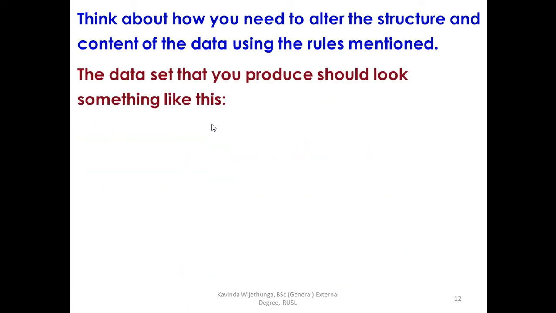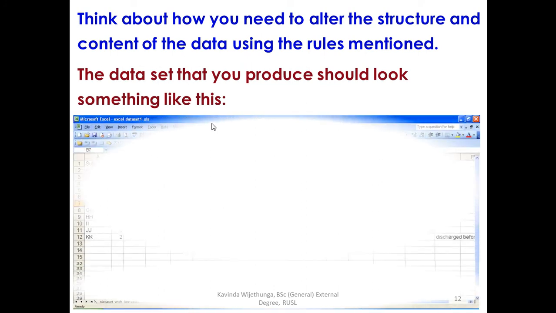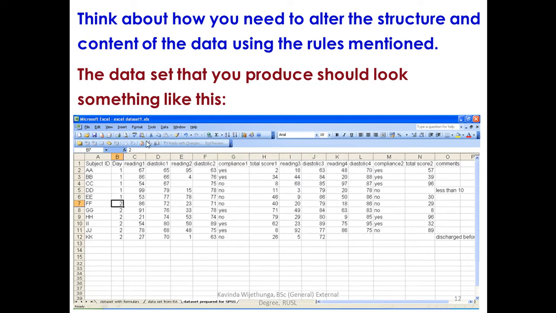Think about how you need to alter the structure and content of the data using the rules mentioned. The data set that you produce should look something like this. I think this is a valid data structure. The previous structure is not valid, but we have to try it and see what happens in SPSS. You can identify the differences, because that data sheet is not according to the rules, right? This one is okay, no? These things are according to the given rules. So yes and no are written in the same way, right? Therefore this can be entered into the